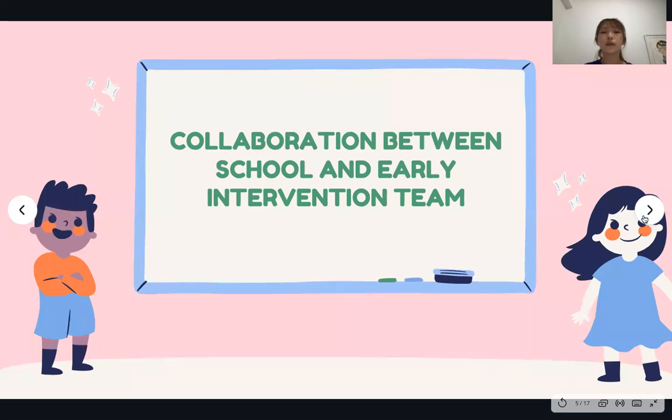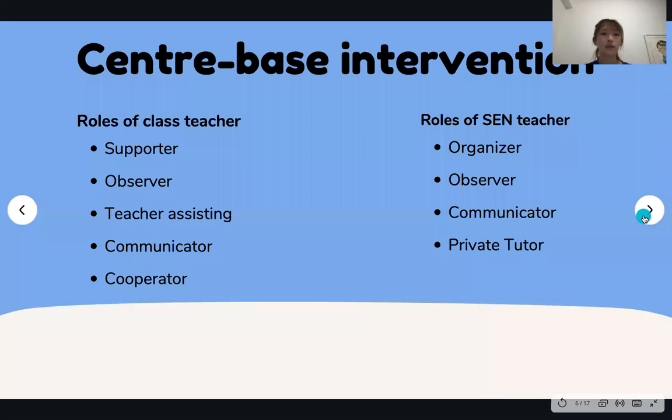For the cooperation between school and early intervention team, for the potential-based interventions, the role of the teacher will be the supporter, observer, teacher assisting, and communicator and cooperator. The reason that there will be a supporter is that children will go to the center and have the intervention. So the teacher can only be the supporter, like they will support the SEN teacher with